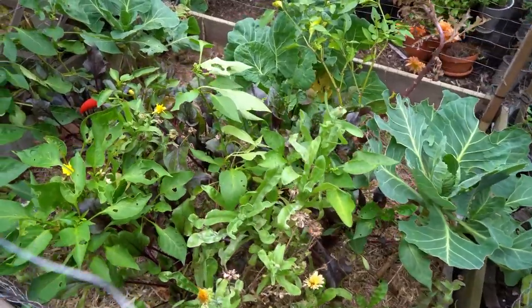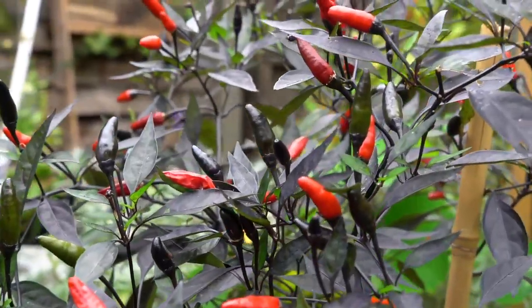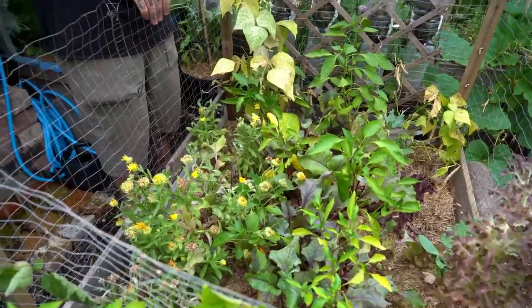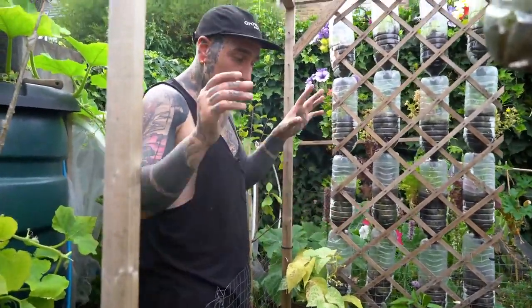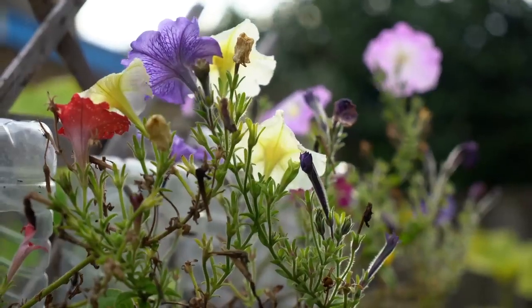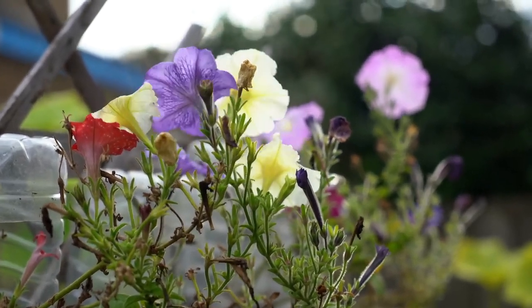Now, because of the heat wave, obviously it's not producing that much, but the peppers are doing pretty good, producing strongly. And it's inoculated with wine caps. I think we managed in total to harvest something like 3.5 kilos of wine caps just from this raised bed. And this is amazing. I've got my spores, the mycelium that I used to inoculate the straw from Urban Farm It. The flowers are on the top to encourage the pollinators, and down there we got a variety